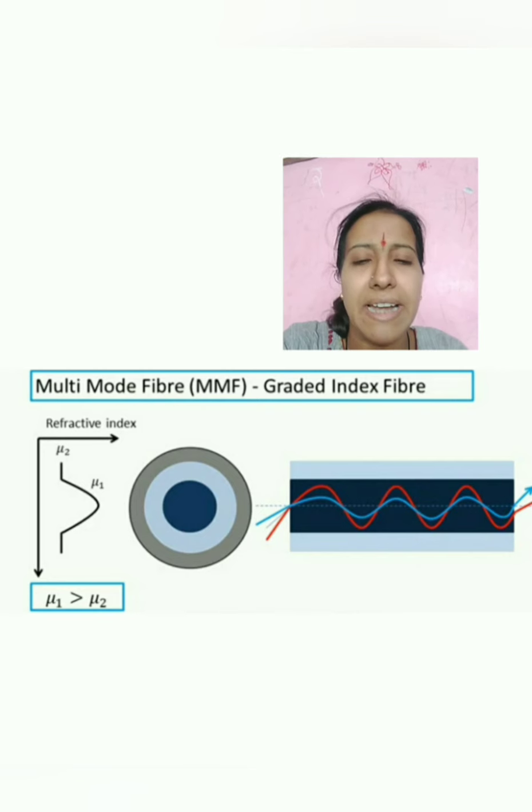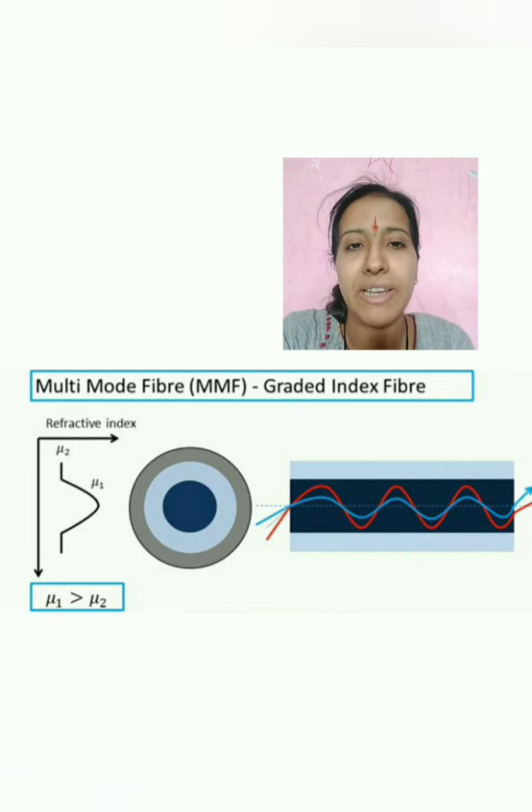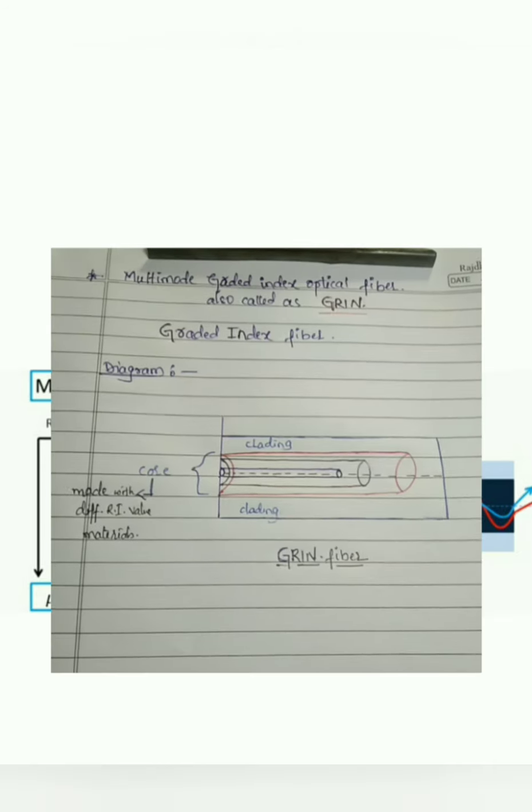And at the left side, a very different refractive index profile is observed here compared to the step index optical fiber, compared to the step index multimode optical fiber. Here this is specifically called as GRIN, G-R-I-N, multimode optical fiber. Let us discuss why and how this pattern is going to be observed.